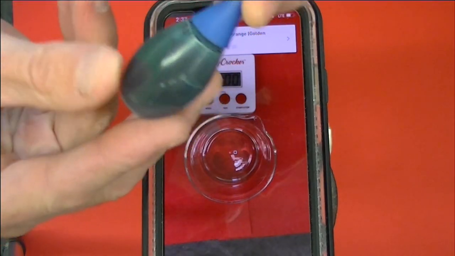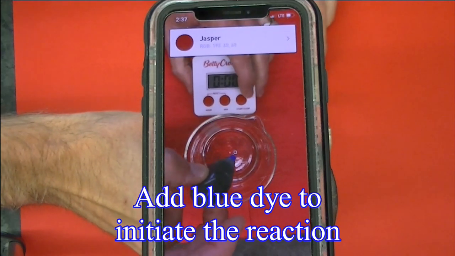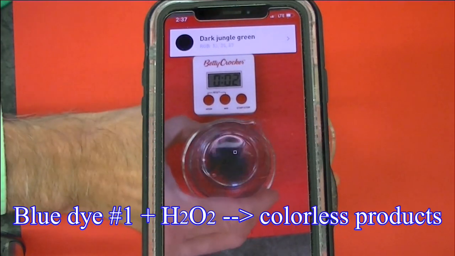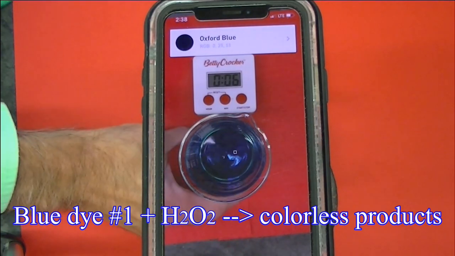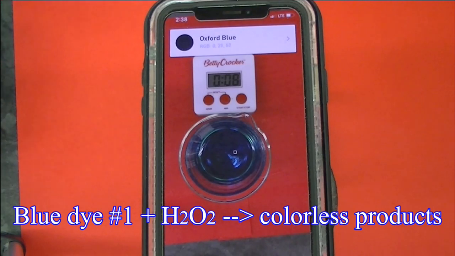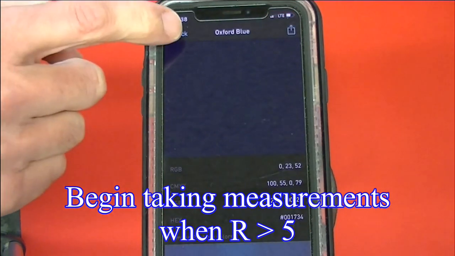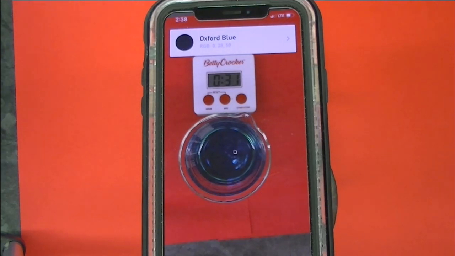To initiate the reaction, we're going to add 1 drop of blue food dye and simultaneously start the timer. Now the blue dye starts to react with the hydrogen peroxide in the beaker and it goes to colorless products. The red light traveling through the beaker gets blocked by the blue dye. We can easily see that this is the case because the R value recorded by the cell phone has significantly